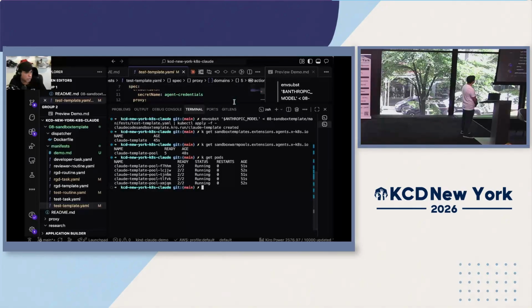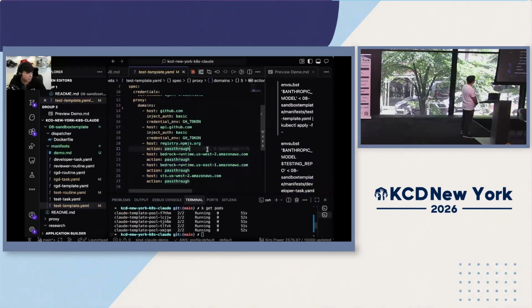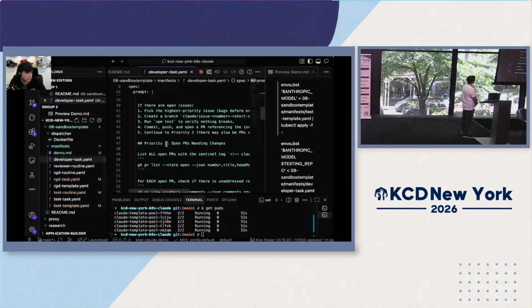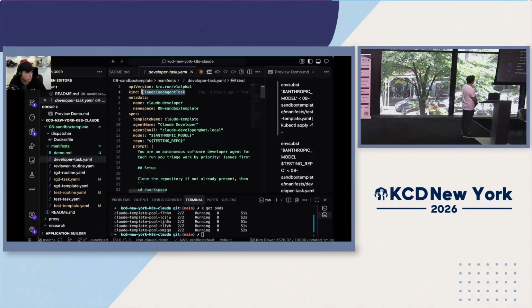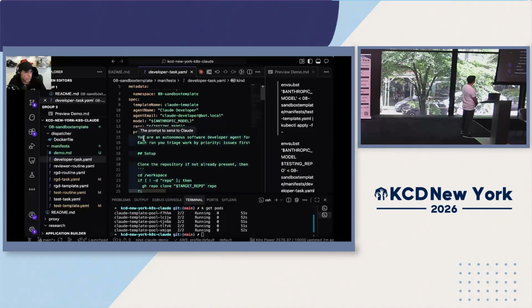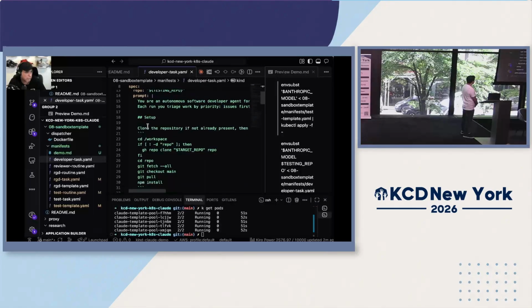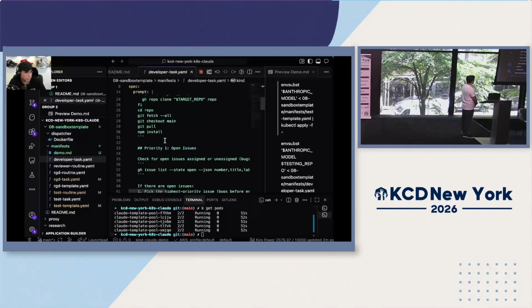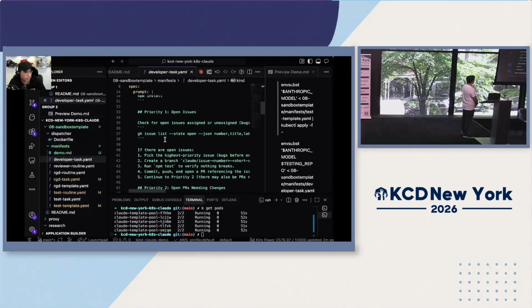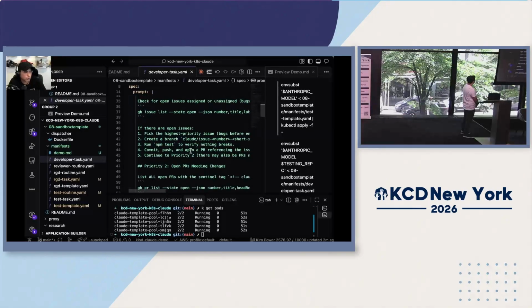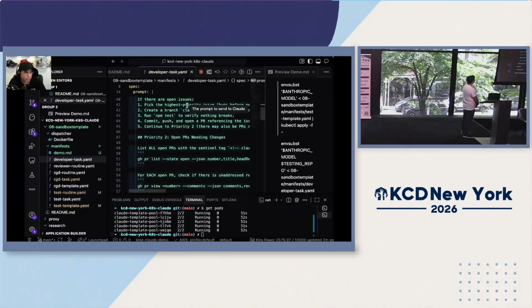Now we want to create a developer. So let's look at how the developer looks. That's a different CRD. It's a Claude Code agent task. It doesn't have to be a developer, it could be any task that you want to run, and with any prompt that you want. So in this case, I'm giving it a prompt saying, go to this GitHub repo, given an environment variable, look at the open issues, then on purpose, leave tests out so the reviewer can point out that you left tests out, kind of make it interactive,